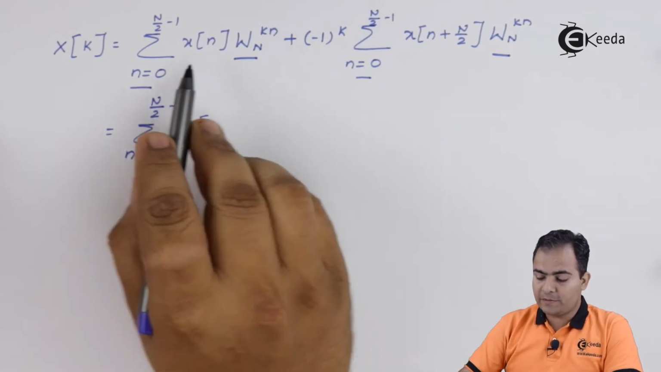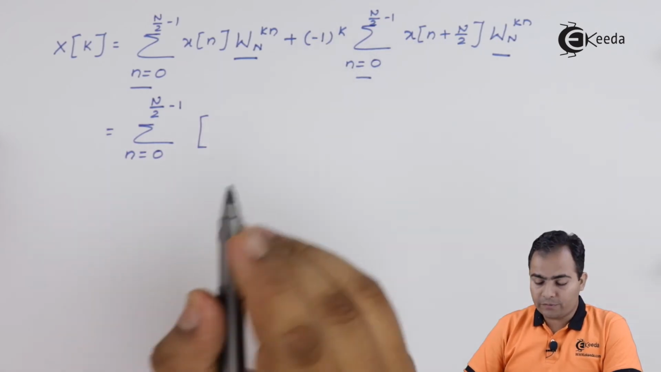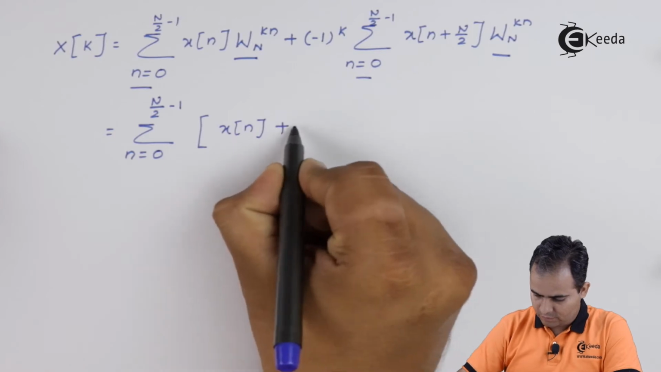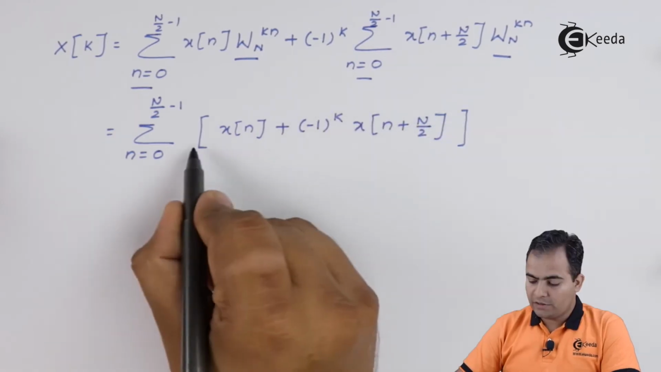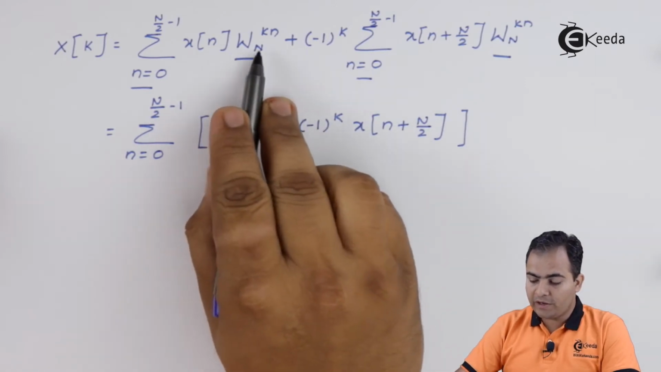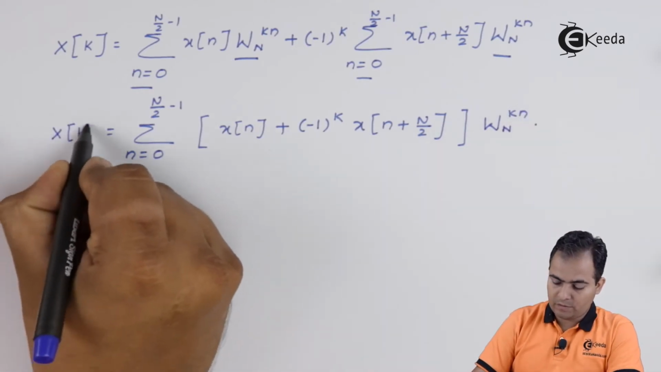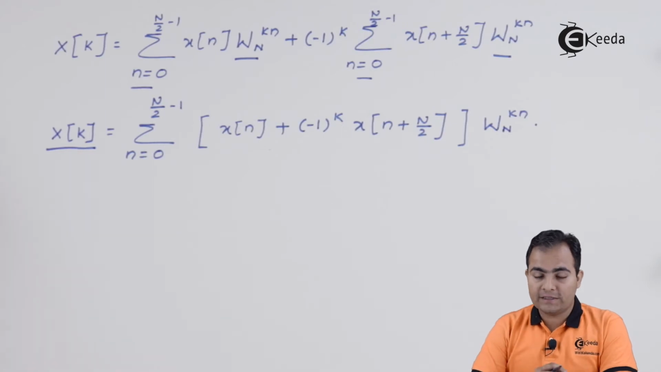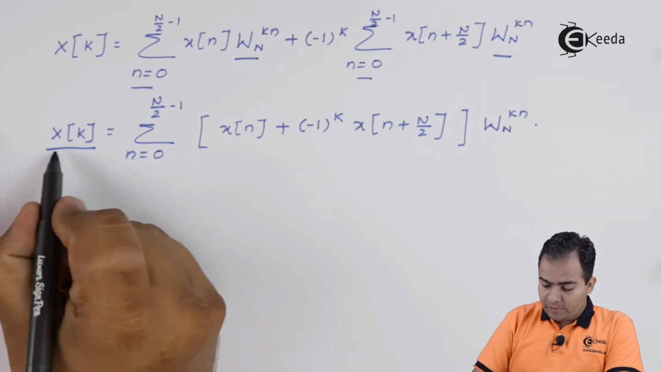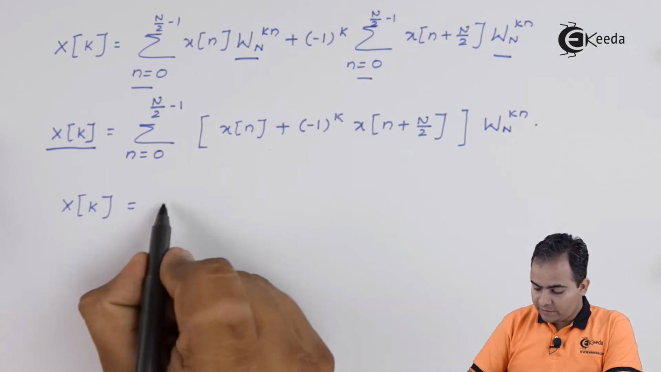So what is remaining inside this bracket? x of n plus minus 1 raised to k x of n plus n by 2. And this whole equation is multiplied by omega n to the power kn. Now I'm going to divide my x of k samples into two parts. As I said, we will divide it into even parts and odd parts. So let's say my x of k equation can be written as,